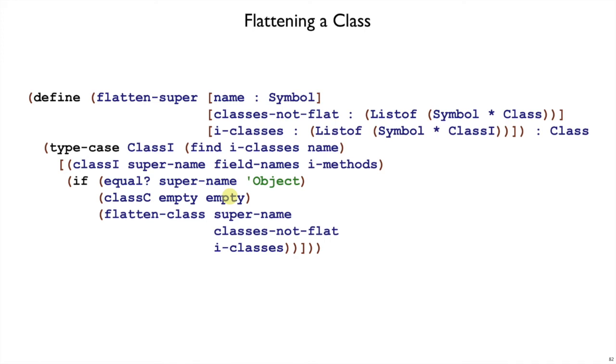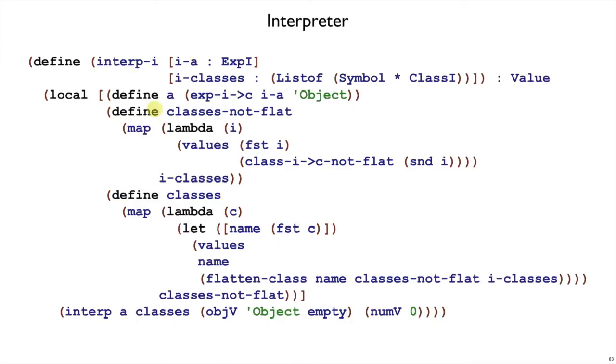The interpreter for interp_i then needs to do these transformations and then chain to the interp for our core class language. So these transformations are to take the main expression for our program with inheritance and convert that main expression. We use object as a dummy superclass name because there should not be any supercalls in your main expression. We do the class I to class C conversion without worrying about flattening fields and methods,